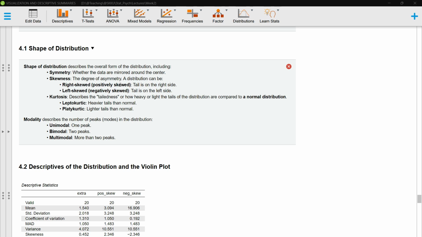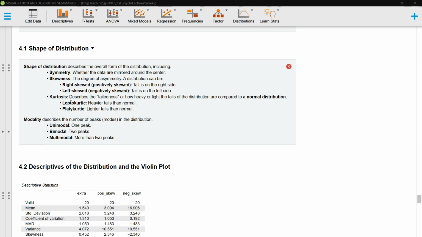Positively skewed has a positive value of the skew, and negatively skewed has a negative value of the skew. Left skewed means the tail is in the smallest values, and in a right skewed distribution, the tail is in the largest values. And a skewness of 0 represents perfect symmetry of a single distribution of a quantitative variable.